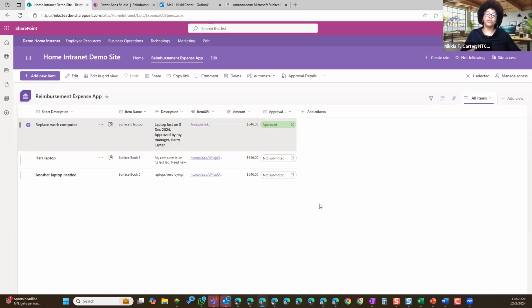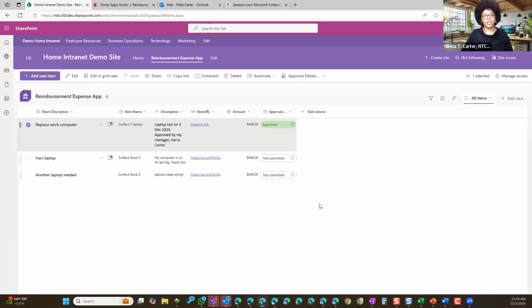And we also had a workflow for the approvals. So you can see we had a couple of different workflows, as well as the SharePoint list, as well as the Power App, all working together to create a custom solution that can help your organization with collecting expense reimbursement requests, as well as other types of things like time off requests, inventory, submitting marketing efforts.